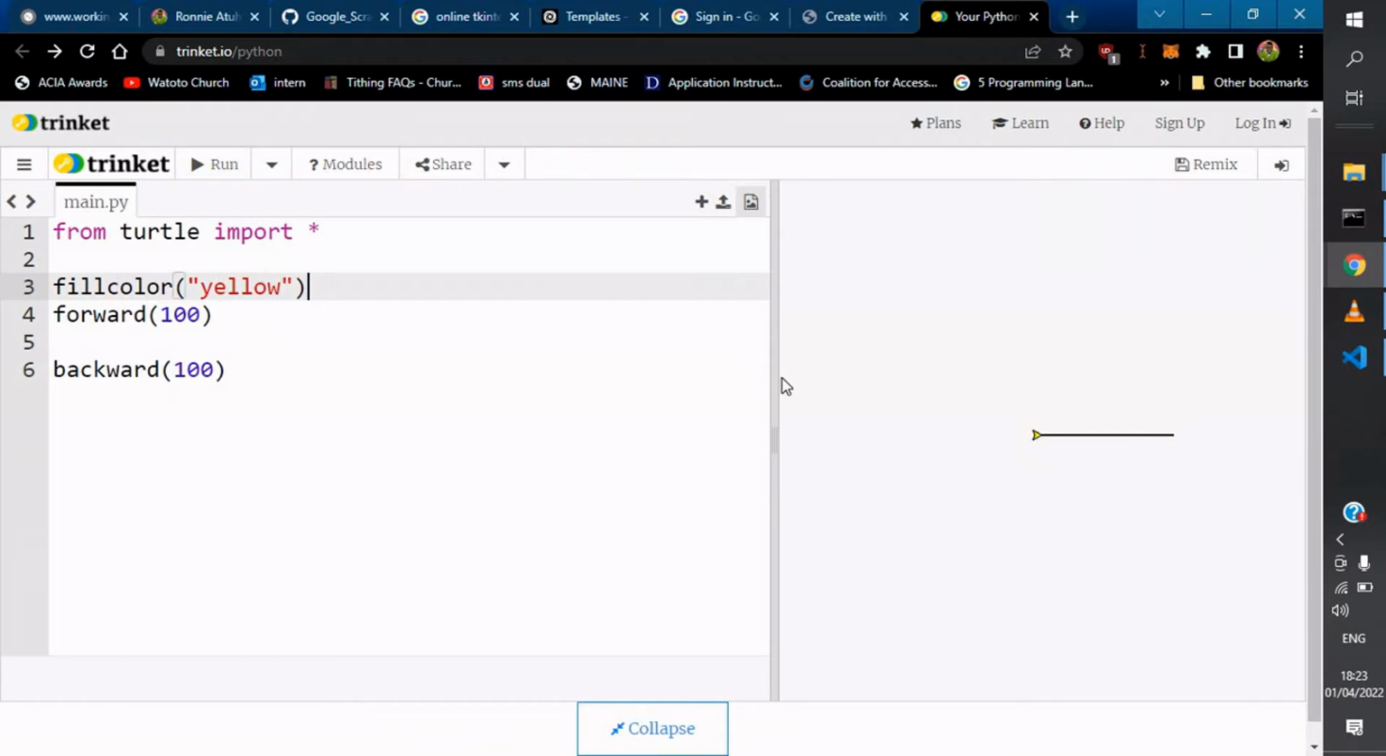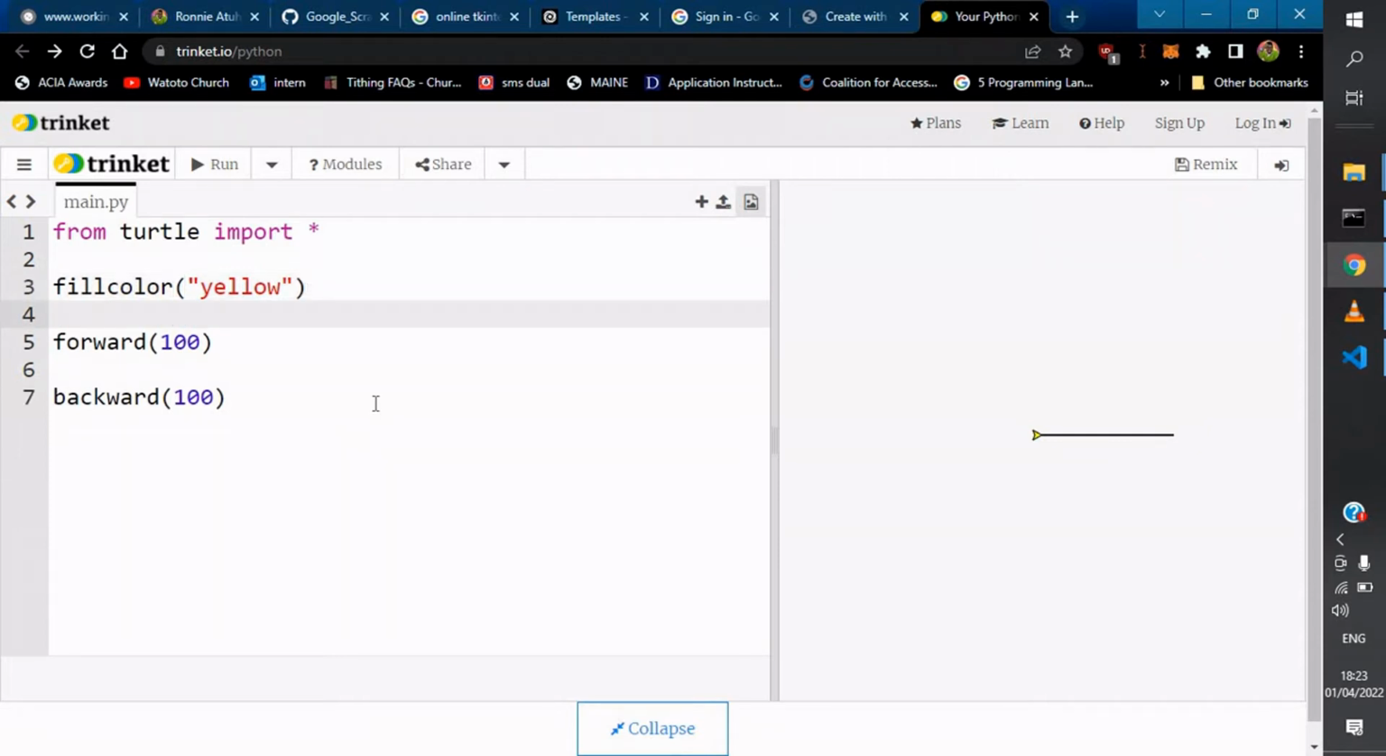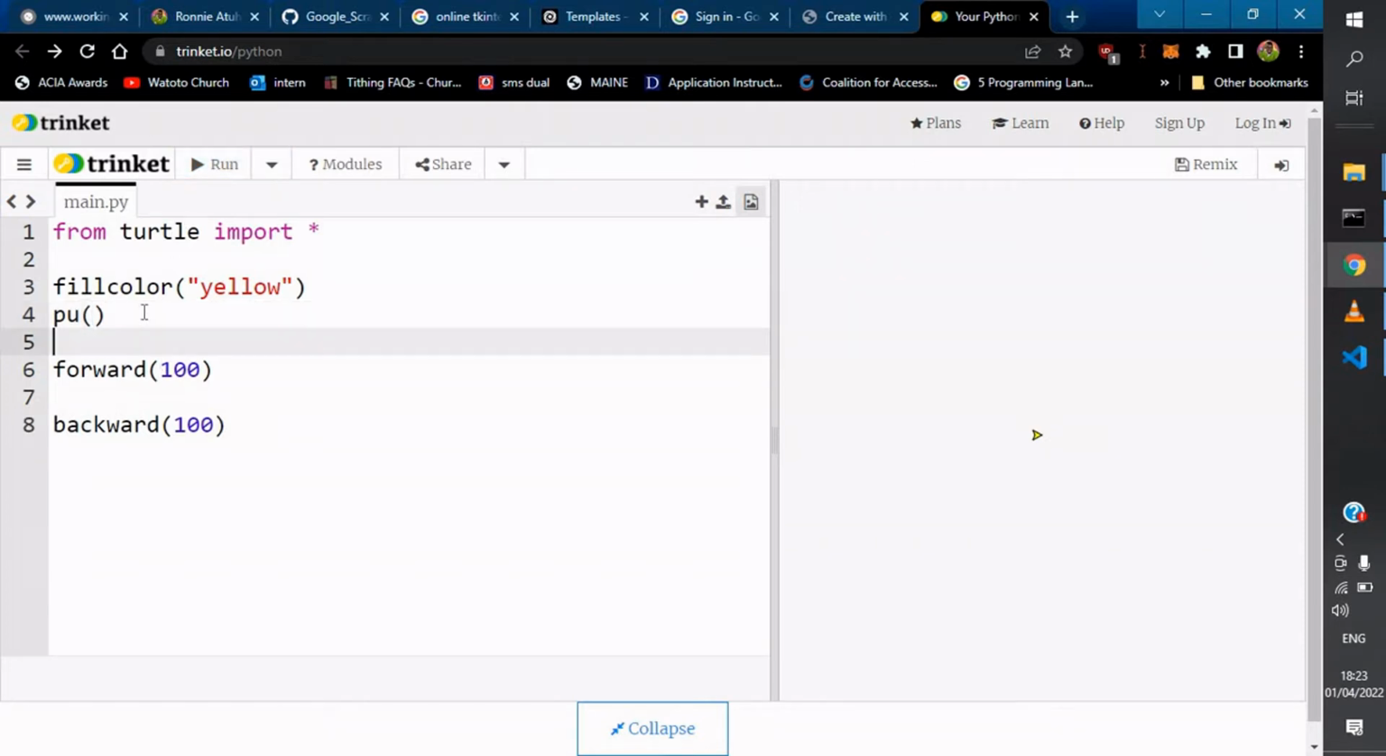There's some other method, so let's try something else. Let's try pen up. You don't want to see the pen. You don't even see the drawing. Then if we did HT, it would hide the turtle. You can't see anything, but it's actually running. So if you comment this out,